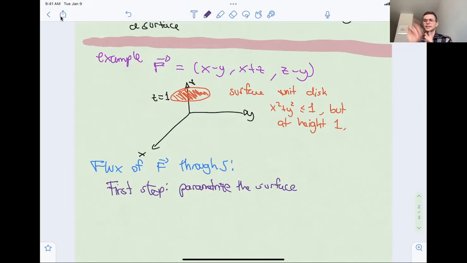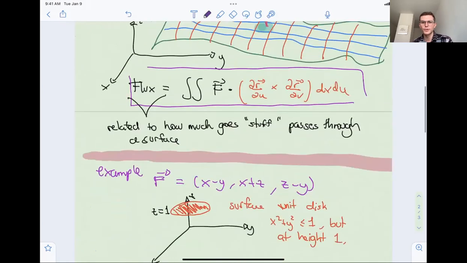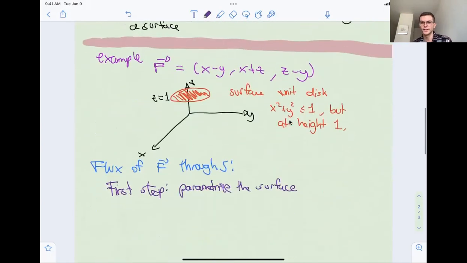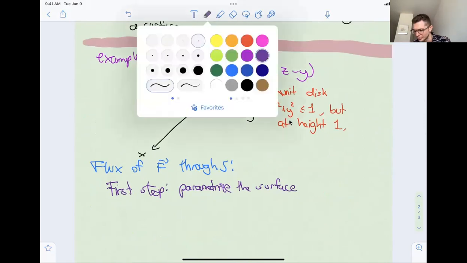Normal vectors can point one way or the other. This makes sense because if you're doing a cross product, you may have done the cross product in a different order. So usually for flux problems, you will be given some sort of specification. If I am asking you to find the flux, what I really mean is that you choose, for example,